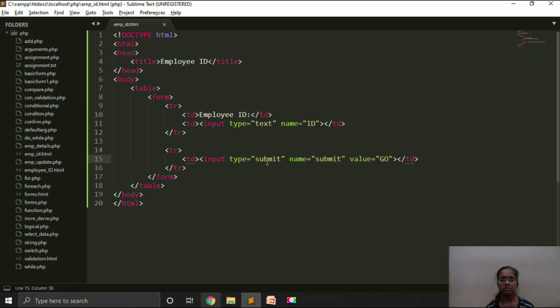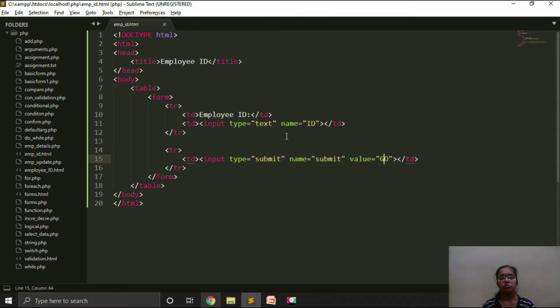If you don't assign any value to the input type submit, then the default text of the button will be submit. I want the text as go in the button, so I have assigned the value equal to go.